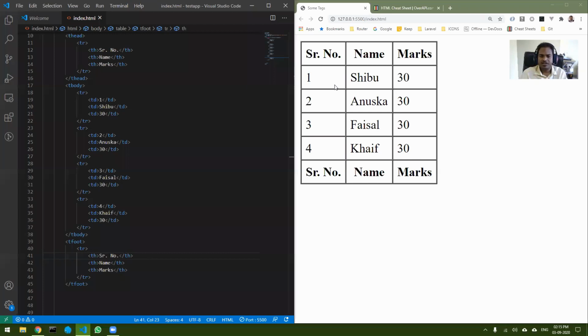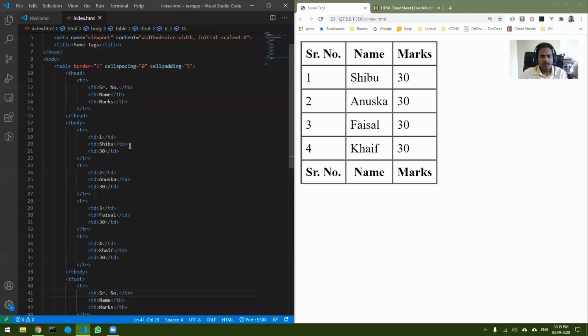Okay, now the next thing that I want to show you is, many times your first element is also a part of the header. That is what we call the column header. And it is also possible that there can be row headers. So let's say for example serial number here in our case is a row header.